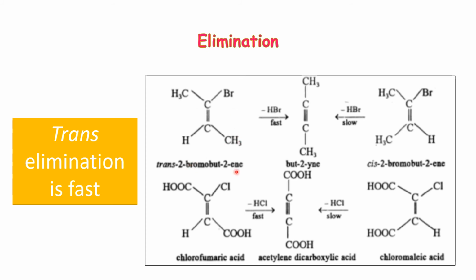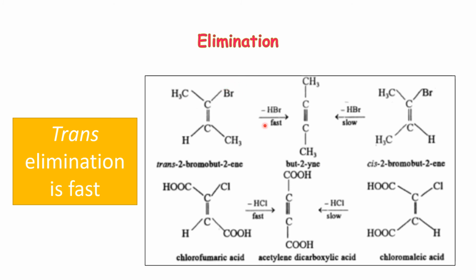But usually, because this is a derivative of butene, in case of butene you know it was containing two hydrogens and two methyl groups. We have just substituted one hydrogen with bromine. So conventionally it is trans, because hydrogens were on opposite sides and methyl groups were on opposite sides. So that is why, though it will appear Z, don't write it as cis. It is trans-bromobutene. The name has been derived because of just substitution.